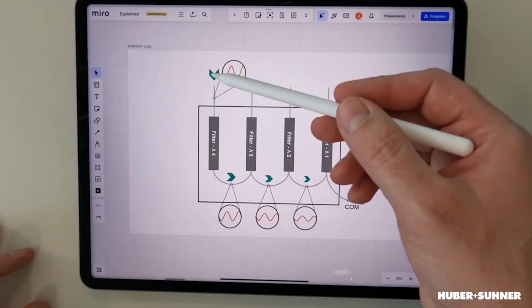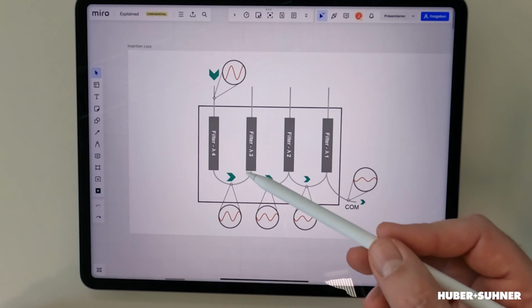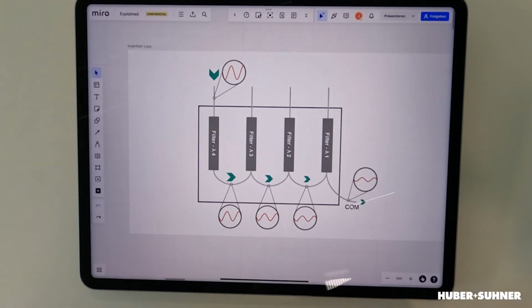each individual port. The reason for this is the filter cascade in itself, because if you look here at this drawing, you will see that the signal being inserted into the filter that is at the end of the filter cascade will also be reflected from all the other filters, and each reflection will introduce another small optical power loss. So depending on where within that filter cascade the signal is being introduced, the insertion loss will be higher or lower. And that's why in the data sheets the specified value for the insertion loss is always